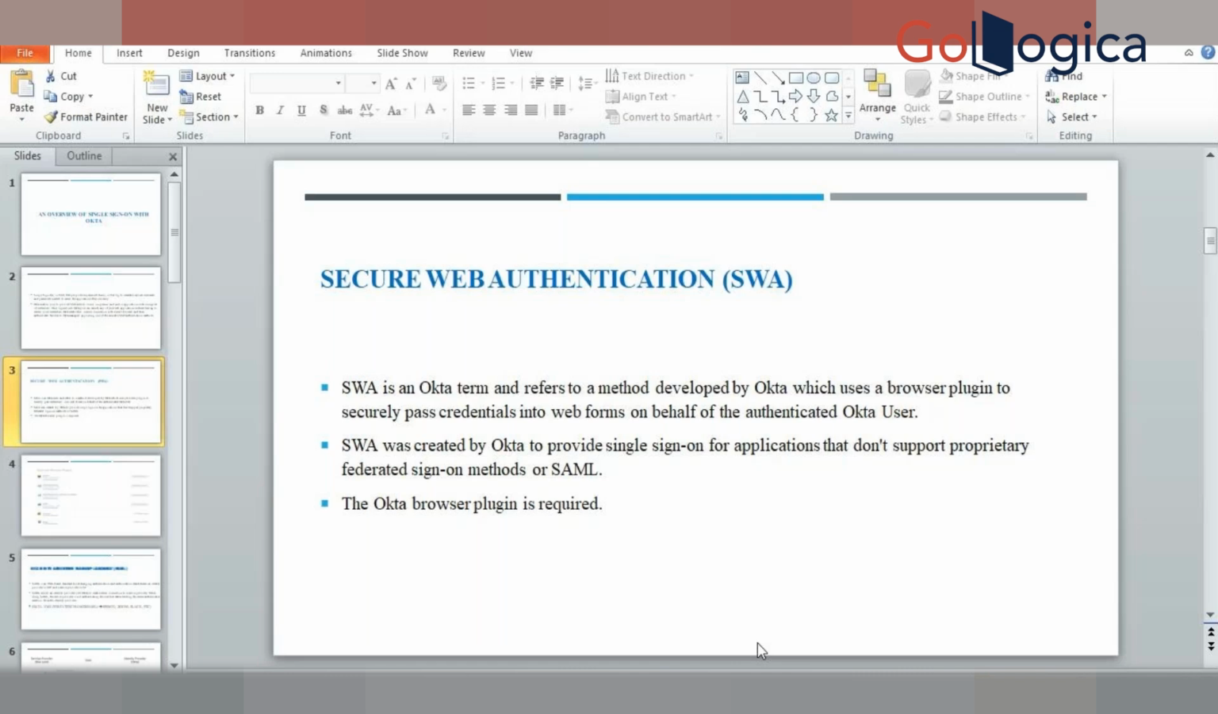If I'm trying to access an application which is SWA based, and I'm entering my credentials, what will happen? That credential goes to the browser plugin. Browser plugin means whatever browser you have, Chrome, Internet Explorer, Firefox, Mozilla, whatever. Every browser has its own Okta plugins. So it will bypass my credential, meaning the browser takes my credential and passes it on